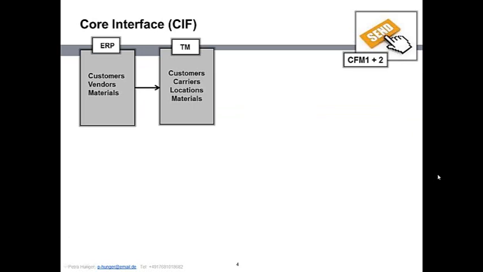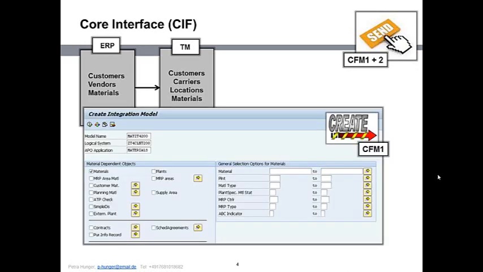Customers, vendors and materials are often created in the ERP system and transferred to TM. That's the purpose of the CIF interface. The CIF interface involves two transactions. The CFM1, where you can create in step 1